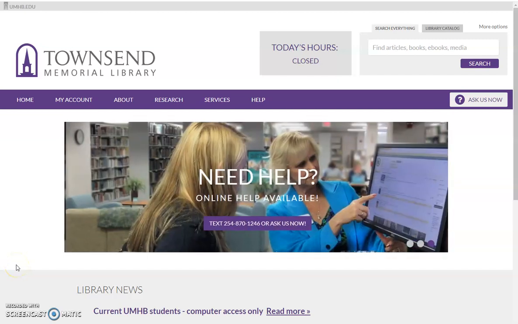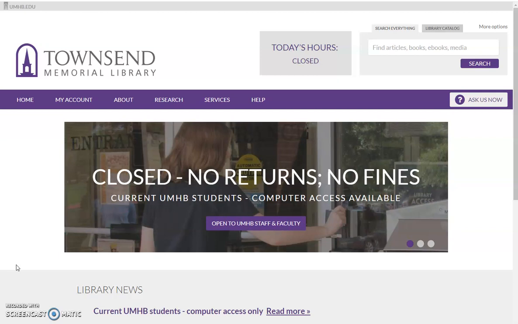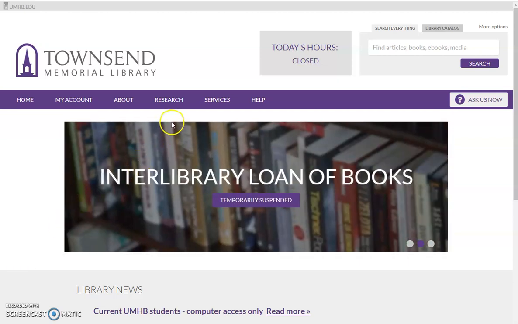If the topic you're researching is super current, there may not be journal articles, especially academic articles or books on it just yet. So what you might want to look for is news articles.